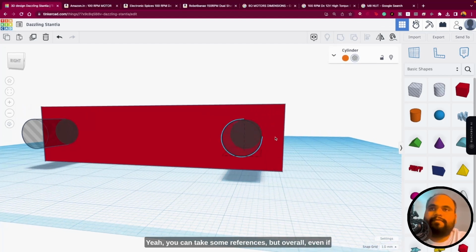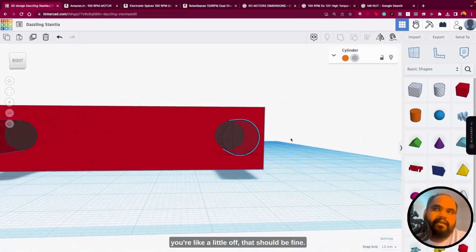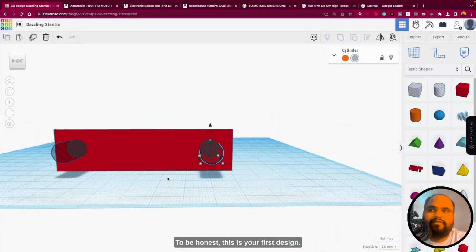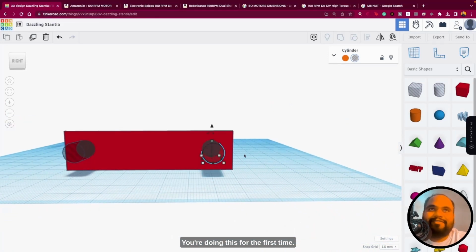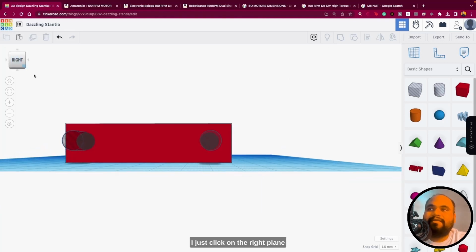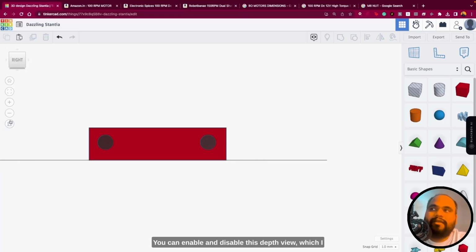Yeah, you can take some references, but overall, even if you're a little off, that should be fine, to be honest. This is your first design. You're doing this for the first time. It's not really a big deal. I just click on the right plane so that I'm aligned with this thing. I'm perfectly aligned. You can enable and disable this